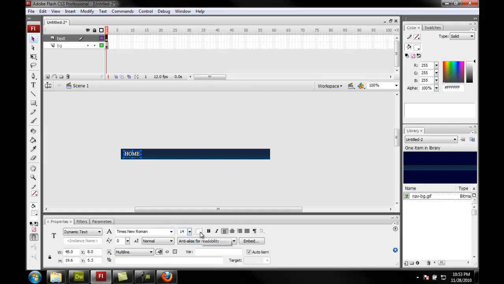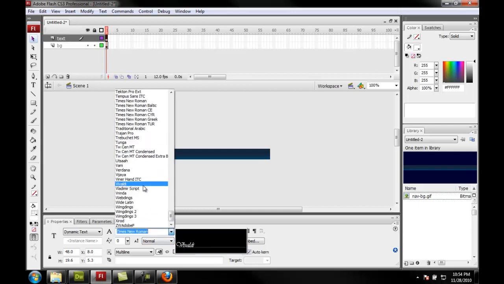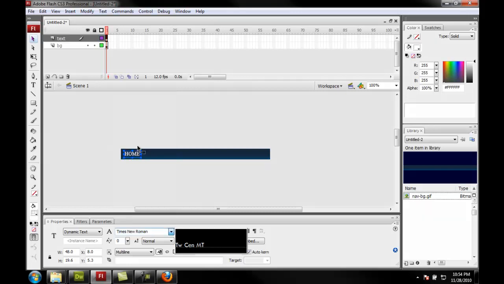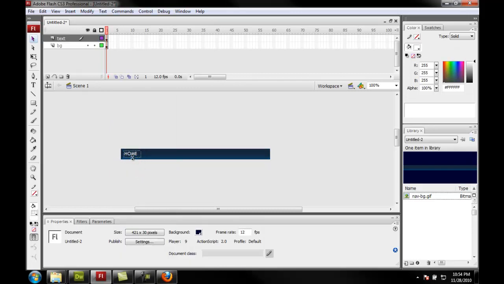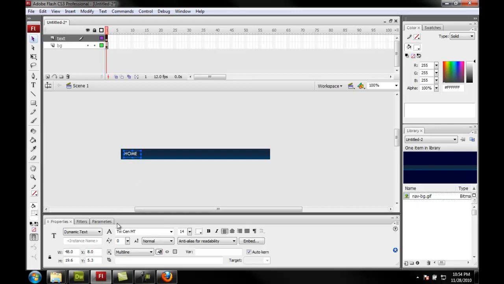You can set the color. You can pick the font you want if you want something else. I mean, we might want to use that font or whatever. So you can do that. The other thing you need to do is make sure that it's dynamic text. And then over here in the var, you're just going to type link 1 text,